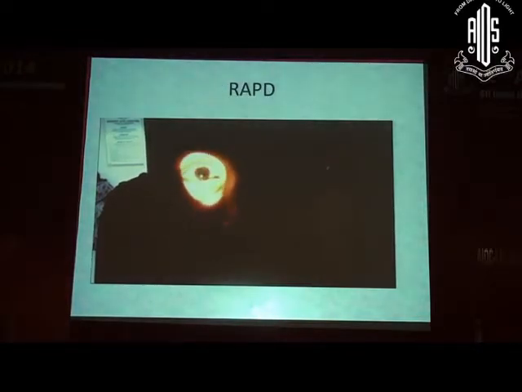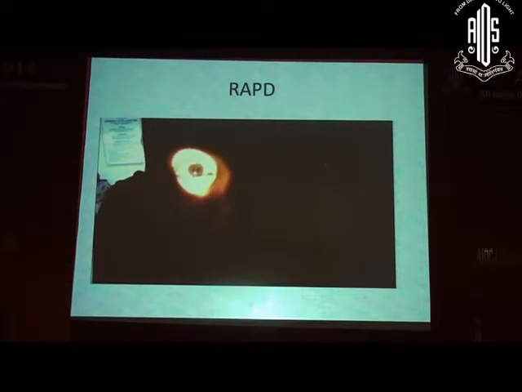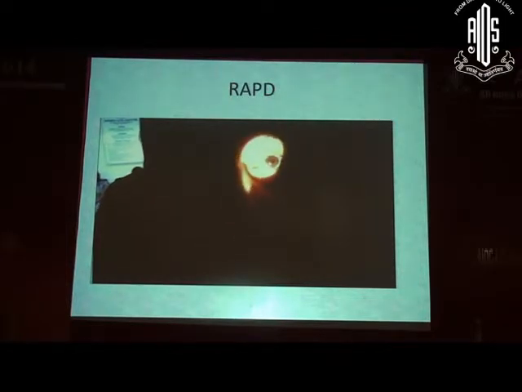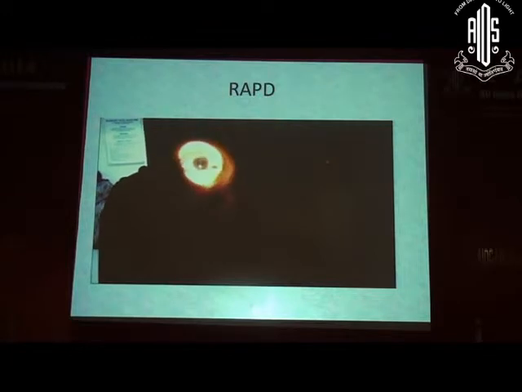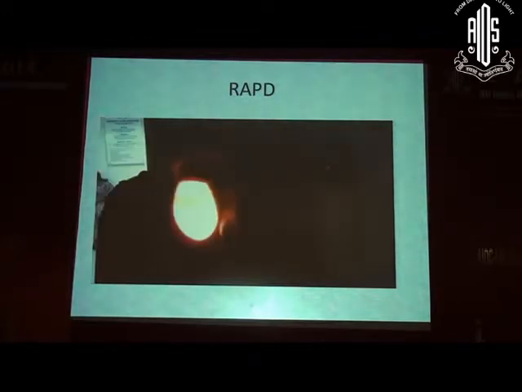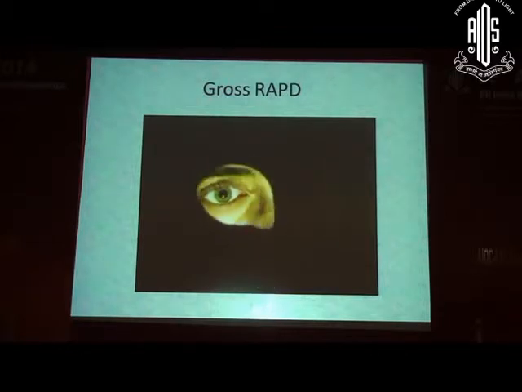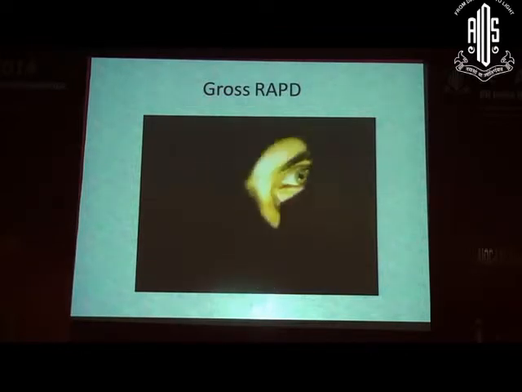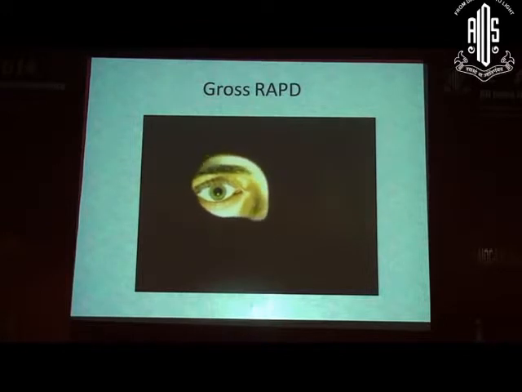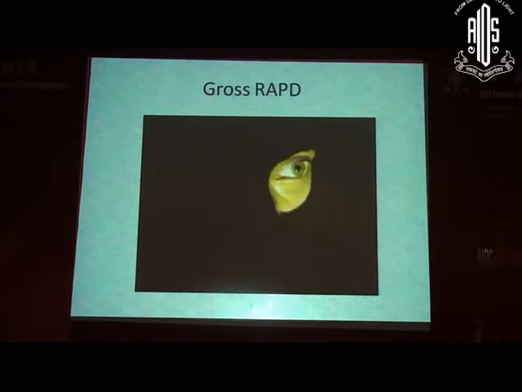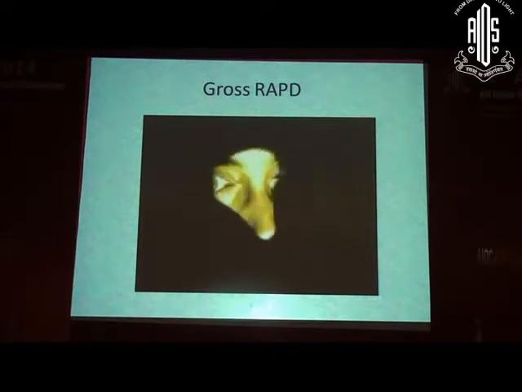Just to show you this again, swinging the light across quickly, but we stay on the eye for 3 to 4 seconds and then assess the RAPD. Another one which shows you a gross RAPD. The right eye is the abnormal eye, left eye pupil constricts very well, right eye pupil escapes. So this is 3 to 4 plus. It escapes immediately in the right eye.